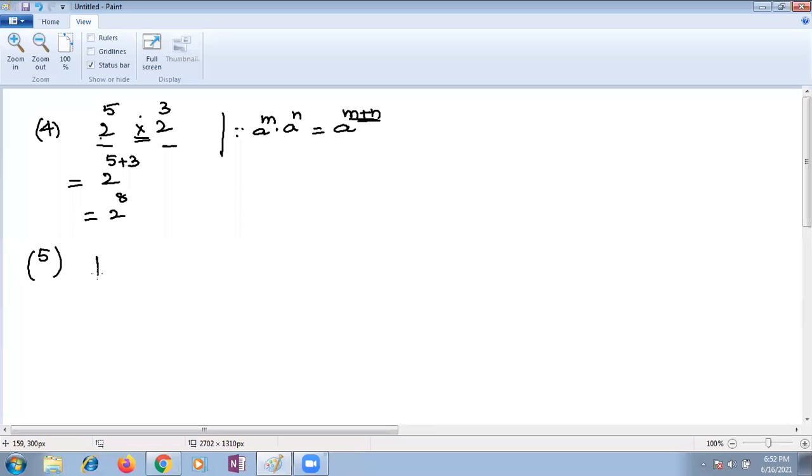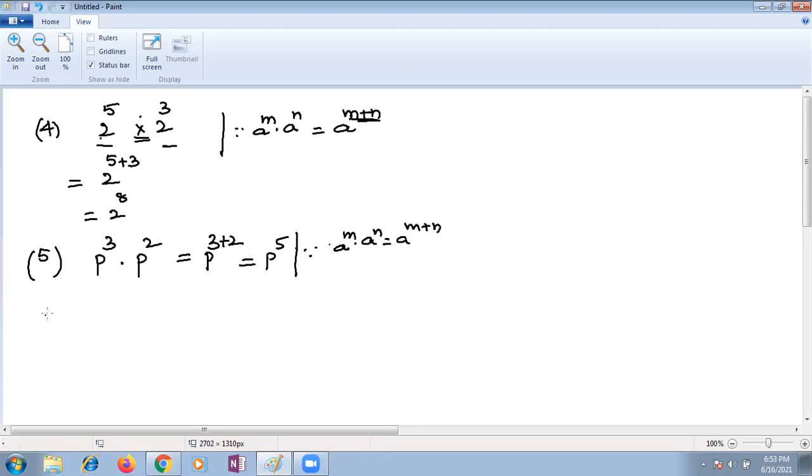The same way, the question for Raghav. Raghav, here, how are we supposed to simplify? Ma'am, it will be 3 power 3 plus 2, it's nothing but 3 power 5 together. Which law are you using? Ma'am, the law of multiplication: a power m into a power n is equal to a power m plus n.